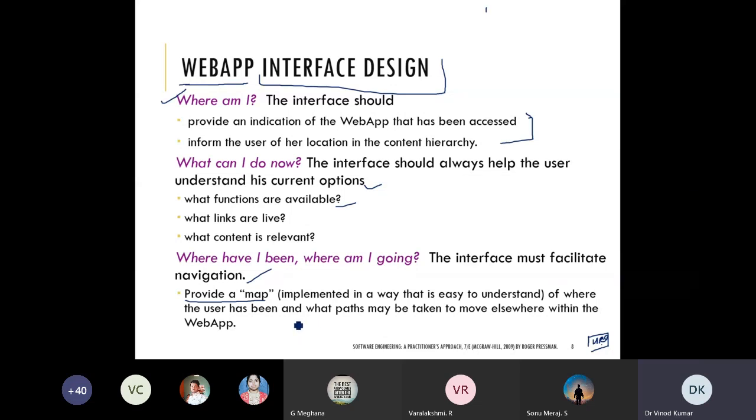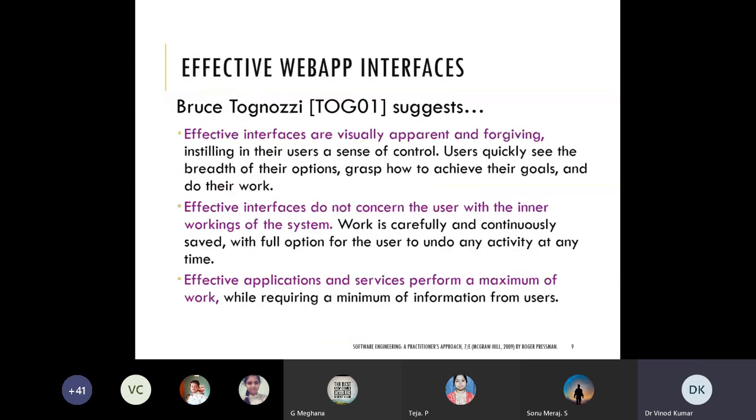Sometimes a search option is there in so many websites. Search within the website option is there, so you can go and search. You can put in the content, search the contents within the page, and go to those locations.